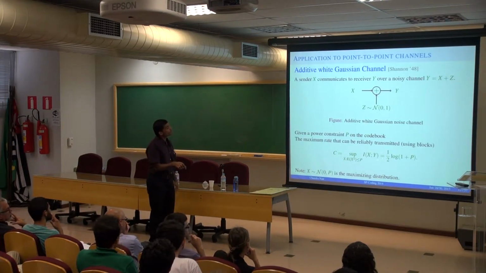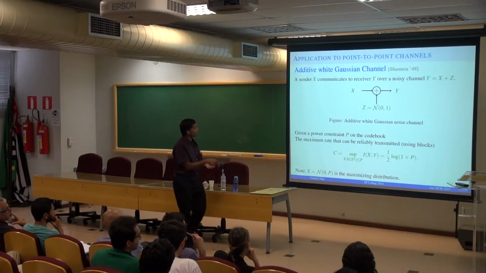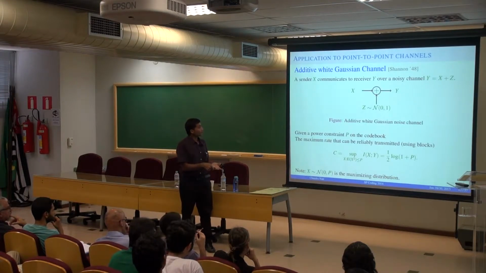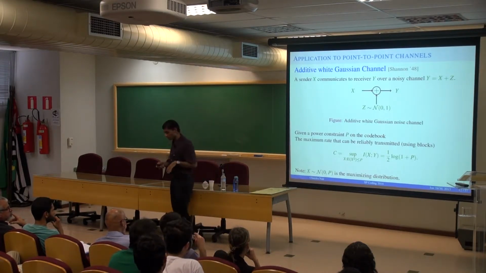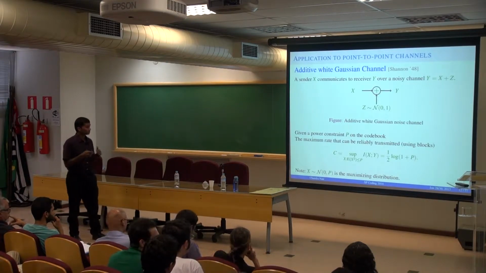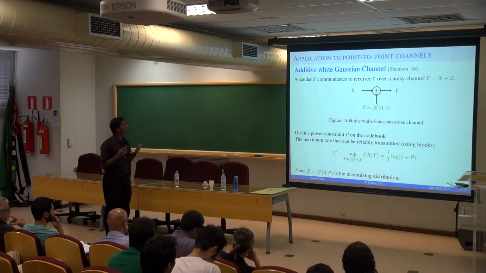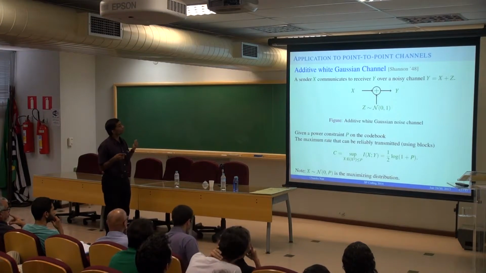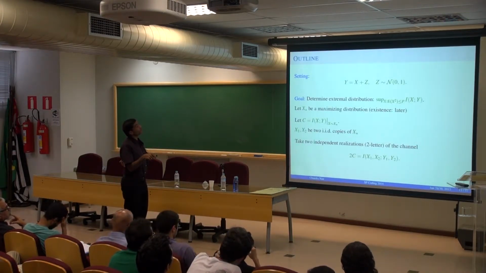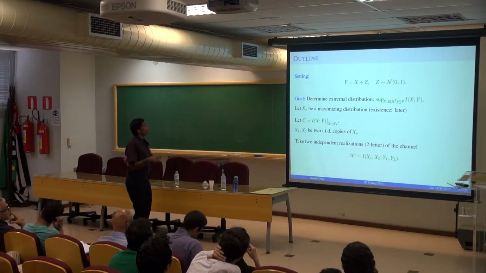So even though you know this formula, there is an inbuilt maximization problem, right? Because this is what you can achieve, and why is this maximum achieved by this? There are different ways to look at it, but here's a way that you may not have seen. So this is the optimizing problem we're going to show. Let's start. The setting is y is x plus z, where z is Gaussian,